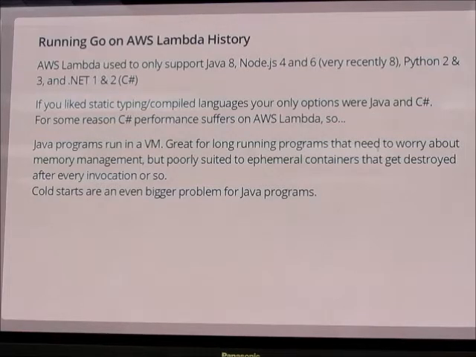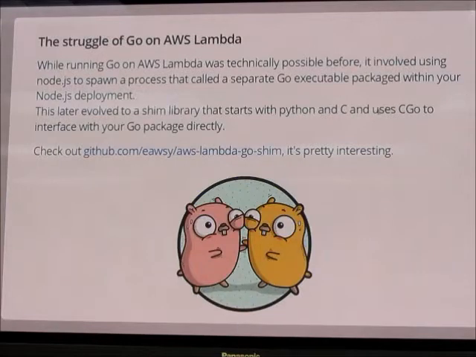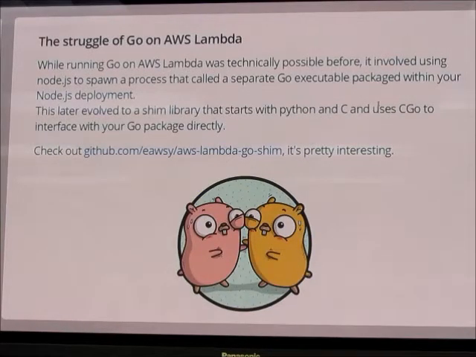I do have some links to corroborate some of the things I say at the end of this slide. This is just pretty much what I said, but this is the direct link, AWS Go Shim. And there's also a framework, Apex, which even allows you to write Rust in AWS Lambda, which probably won't be getting officially supported anytime soon. So you might have to take a look at that if you want to run Rust. I think it works. I think there must be some solution for Azure Functions as well.